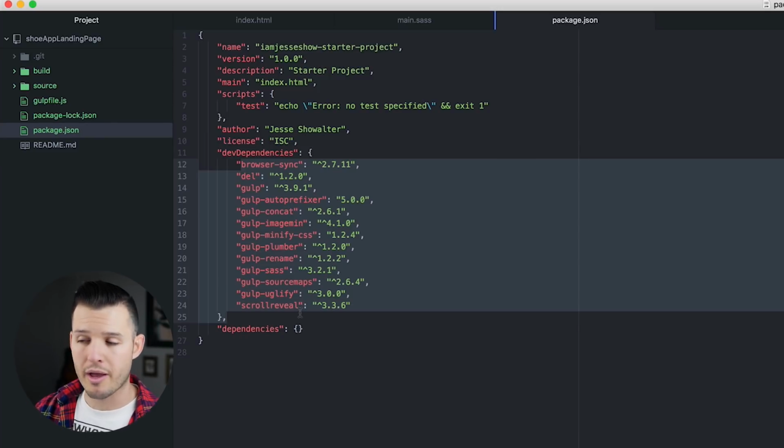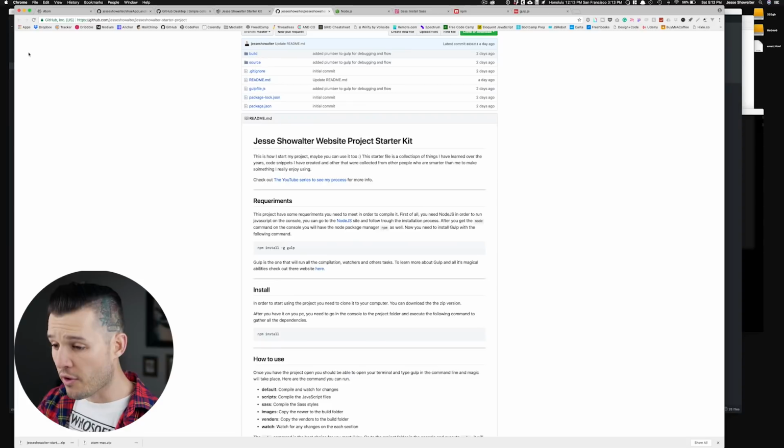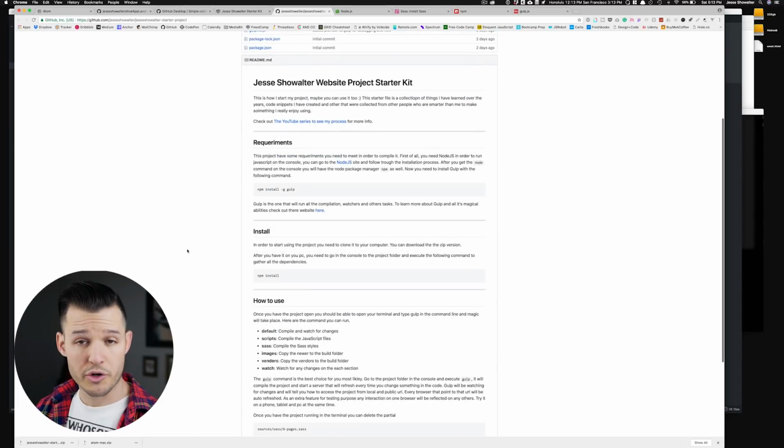All of these packages represent something that could be installed by Node Package Manager. We can go out to the web, we can grab it using terminal and install it, but that's a lot of writing, that's a lot of work. Instead, what we want to do is follow the instructions on the project starter kit that I've created, and we want to get into our project directory, and we're going to type npm install, okay?